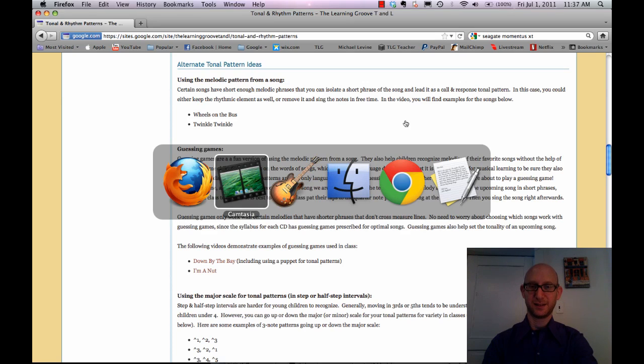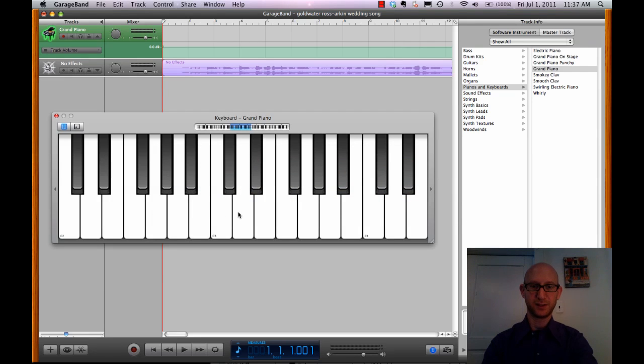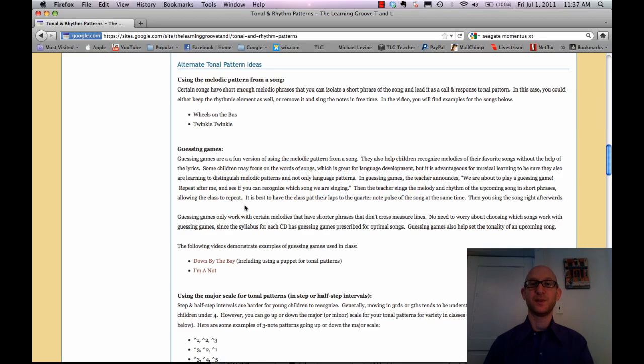Let's see, I think that song is in D on our CDs, although I'm not sure, but let's just say it is for our tutorial purposes. There's D. So let's say I said, the wheels on the bus go round and round all through the town. Ta-da! And what you can do is you can maybe start with your 1-3-5, go bum bum bum bum bum